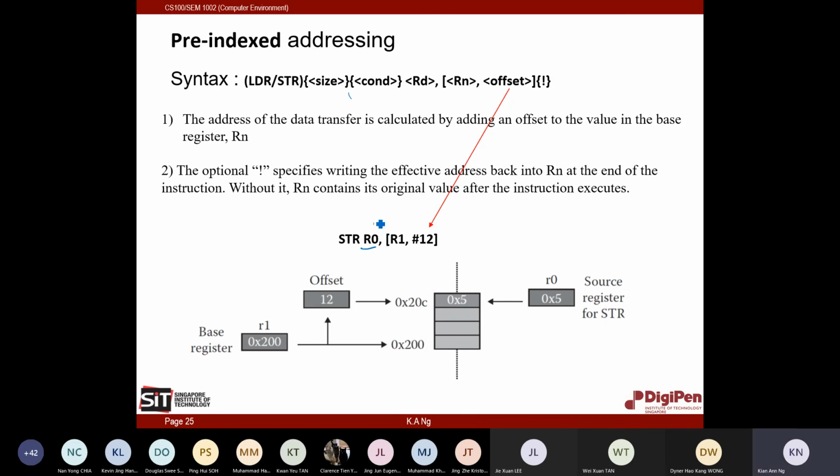No, because R0, like the destination, this is your source in this case, and the source is storing 0x5. Then it stores this number because it's a store command. It will take this data in the register and then store it